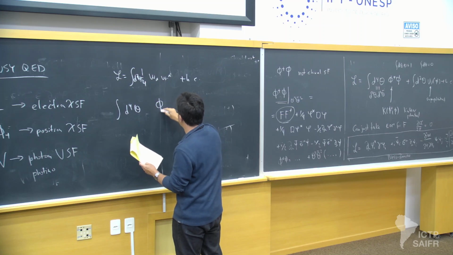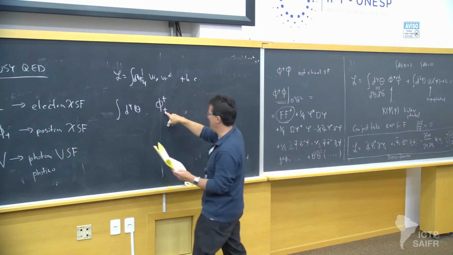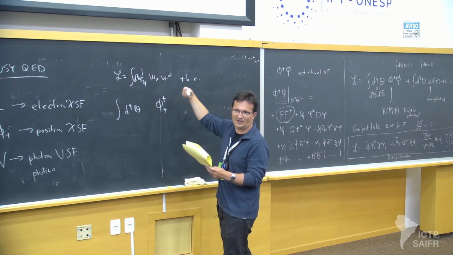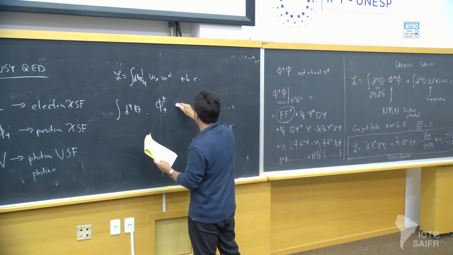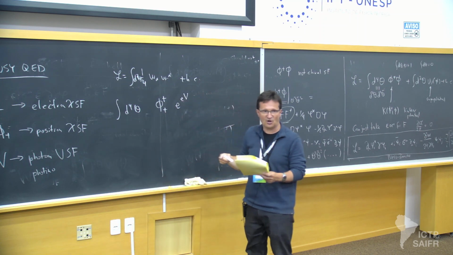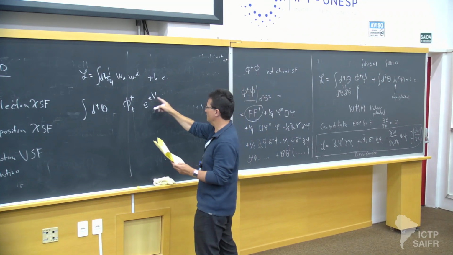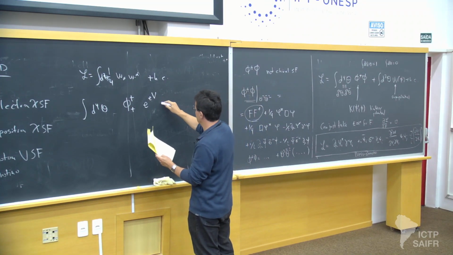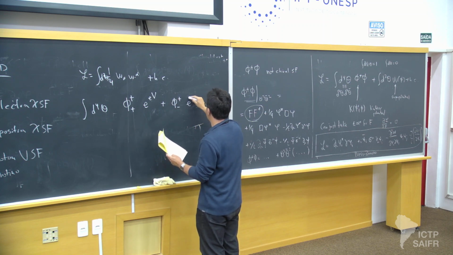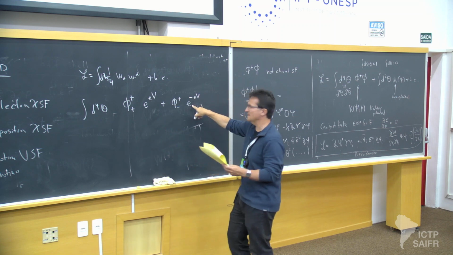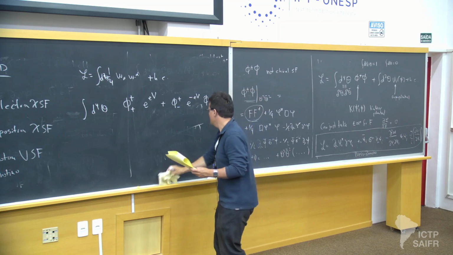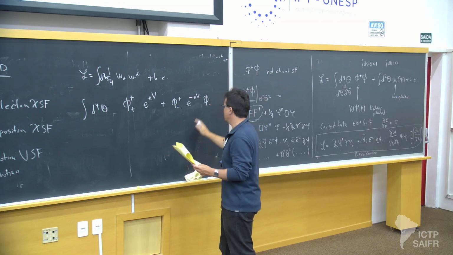Yes, so I will have here phi plus dagger. The plus means that this is the positron, and this plus here means that the dagger is the complex conjugate of that superfield. Yes, e to the e times V. e is the electric charge. Yes, and V is the photon vector superfield. Yes, plus phi minus dagger, e to the minus e times V, yes, because this is now a negatively charged object, times phi minus. So that's the kinetic term for the